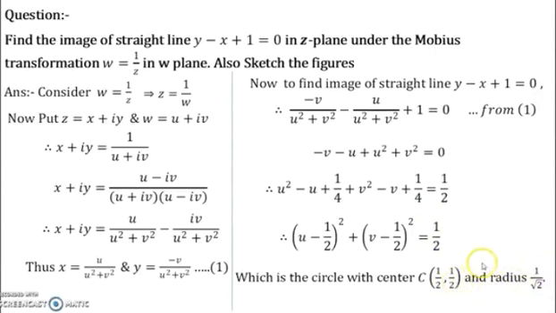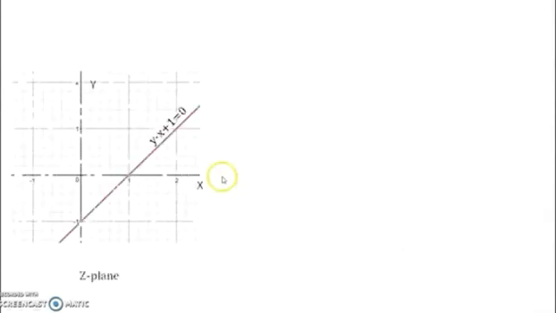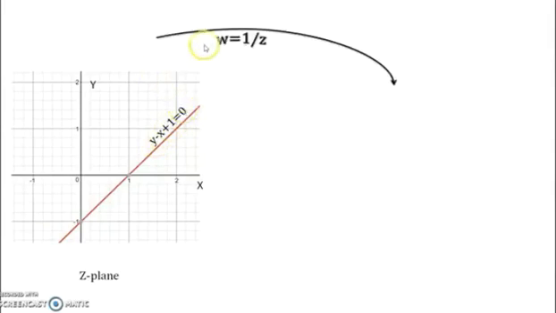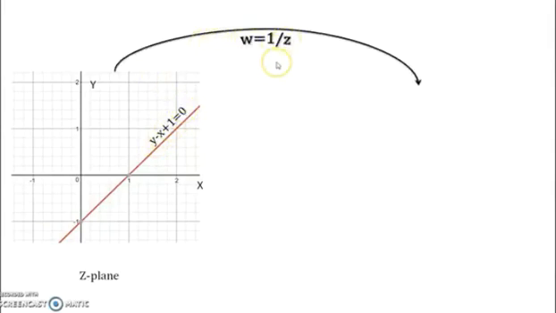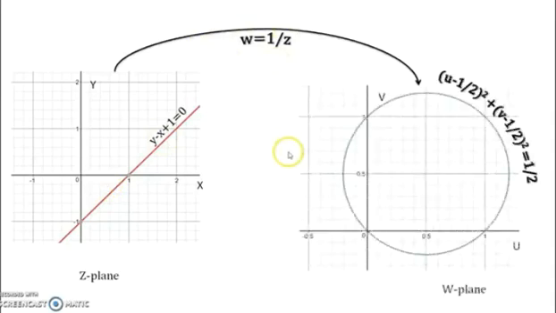Now I'm going to plot this into a graph. The given z plane curve is the straight line y minus x plus 1, and that will be mapped finally into the circle u minus half the whole square plus v minus half the whole square is equal to half. Now we have the graph structure of the above figures. Y minus x plus 1 equal to 0. We substitute y is equal to minus 1, we will get x is equal to 0. When I am replacing y is equal to 0, I will get x is equal to 1. In the same way, I am plotting the graph in the z plane.